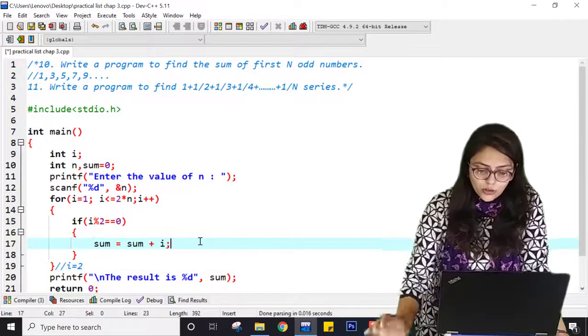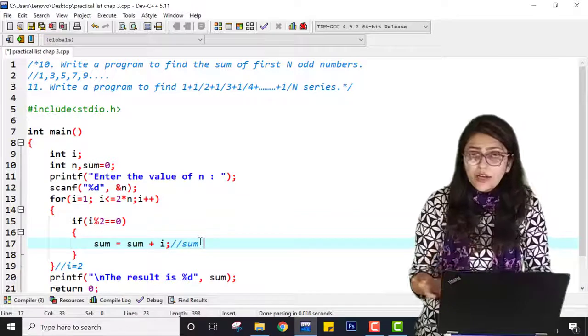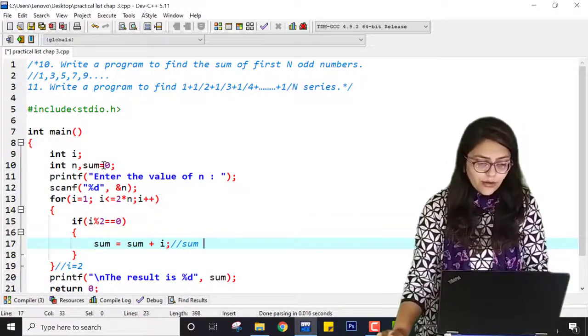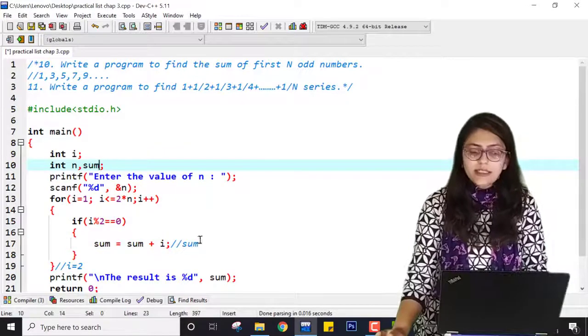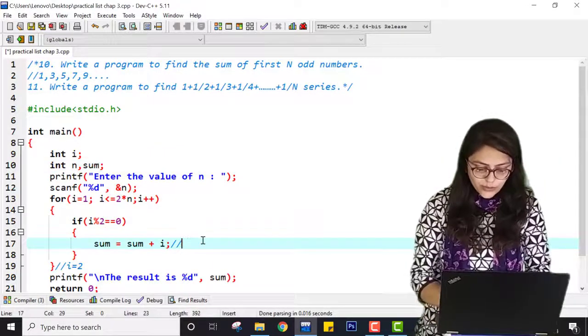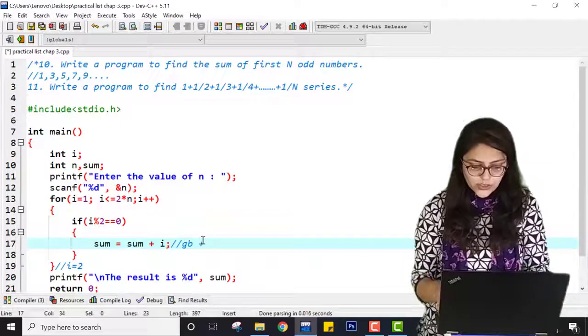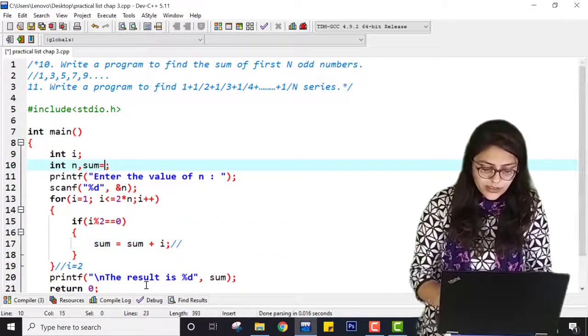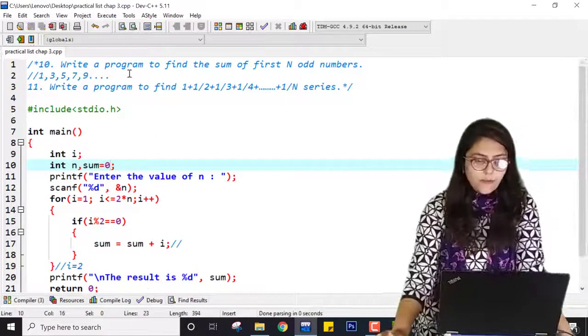Now sum equals the previous value of sum, which is actually a garbage value. If I have not written 0 over here, then this has a garbage value. So it will be garbage value plus 2. To eliminate that kind of inconvenience, I am just initializing sum with 0.